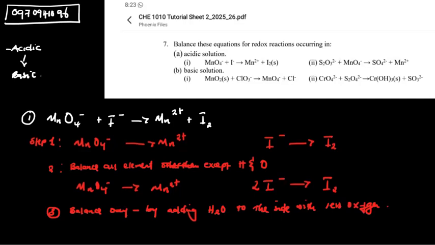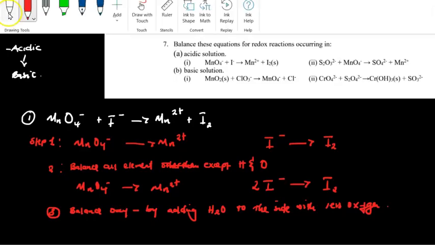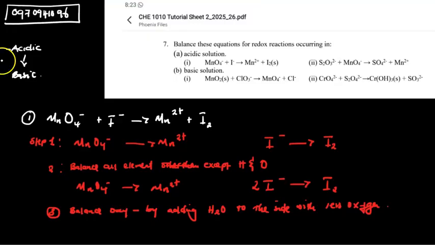But you should take note that the number of water molecules we add must be equal to the number of oxygens that you have on that side. In this case, in the first half reaction, we have 4 oxygen. And we should understand that in water, we only have 1 oxygen. So in order to balance the oxygens, we are going to add 4 water